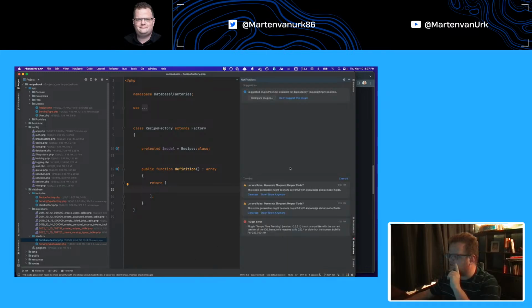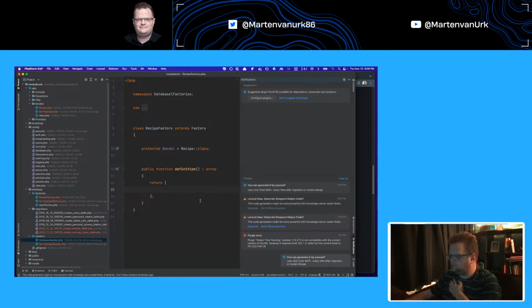Here it is. Like you can see, Laravel IDE gives some int now, because we have created some database definitions. It automatically can generate the eloquent helper code. So after generating it,